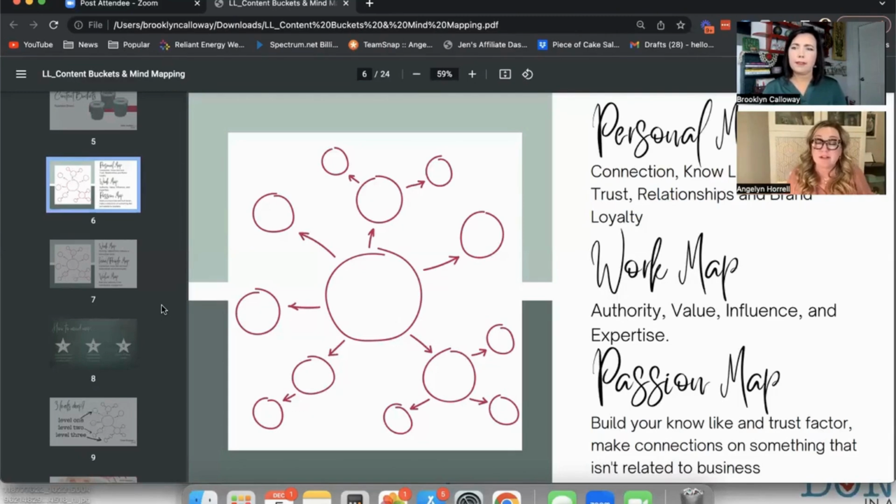I love Walt Disney World. I love traveling to Walt Disney World. I love helping women entrepreneurs, encouraging them. I have a few passion things that I like to talk about. The point is, somebody could find my page, or they could see a reel about me planning another Disney World trip and think, oh, I like her vibe. I want to pop in and see what else she has.